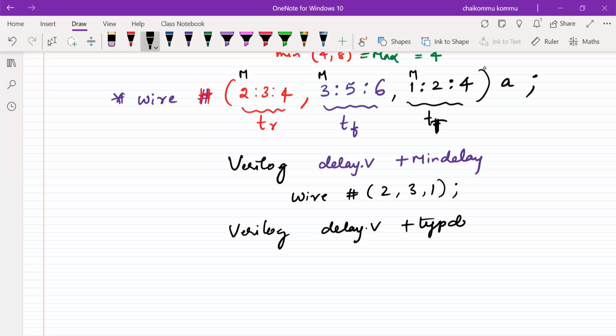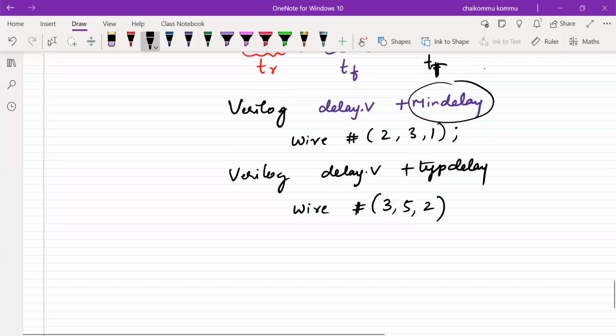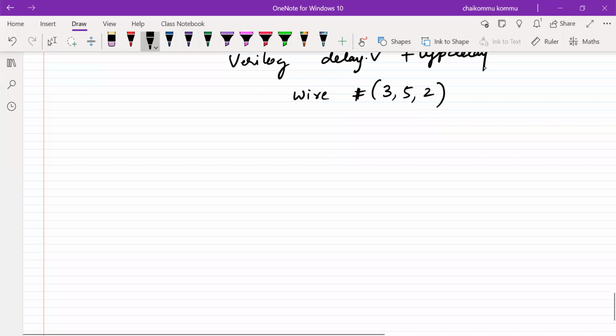Okay, delay. This keyword depends upon what type of simulator you're using. For the sake of simplicity, I'm telling you like that. Wire typical delay means 3 comma 5 comma 3, 5. Like this, the maximum value is also in a similar way. So far so good, everything's fine. Now let us consider the delays related to